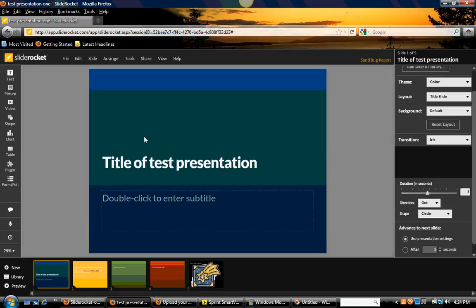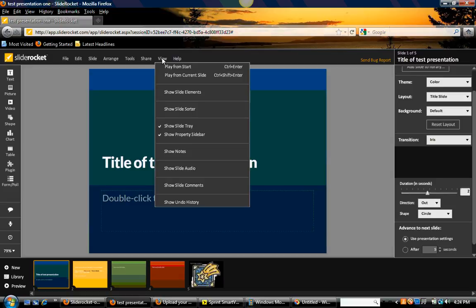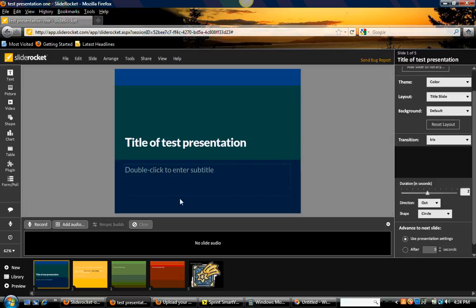So, presentation comes up, first slide. First thing that I want to do is I want to be able to see my audio toolbar. So, if you come up to the SlideRocket menu bar, and you click on View, and you come down and you want to click on Show Slide Audio and click it. You see down below the slide this new bar appeared and it says no slide audio